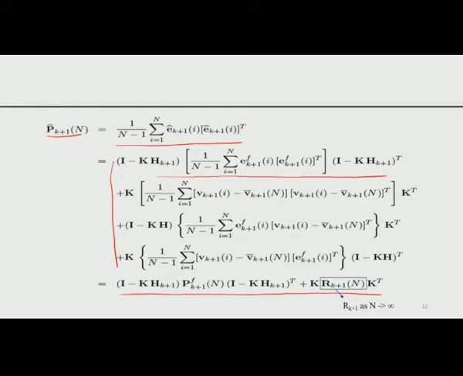I also want you to remember a couple of things. These are all coming from the observation noise. This comes from the forecast. This comes from the observation noise. This comes from the observation noise, that is forecast. So you can see this is the cross covariance between the observation noise and the forecast. These are all finite samples.